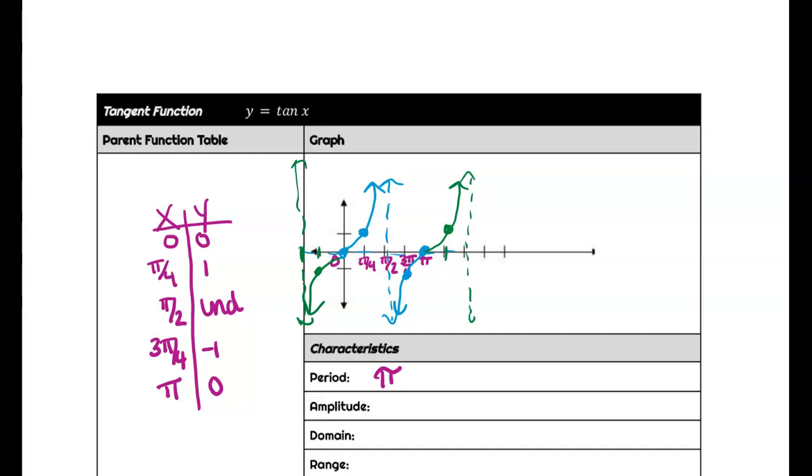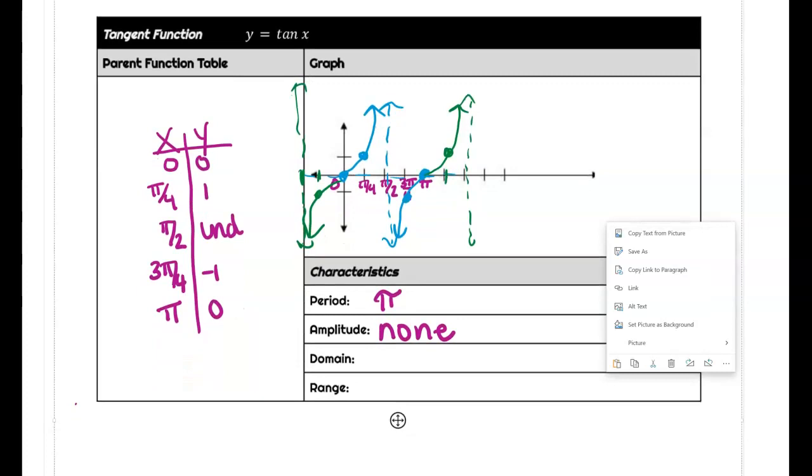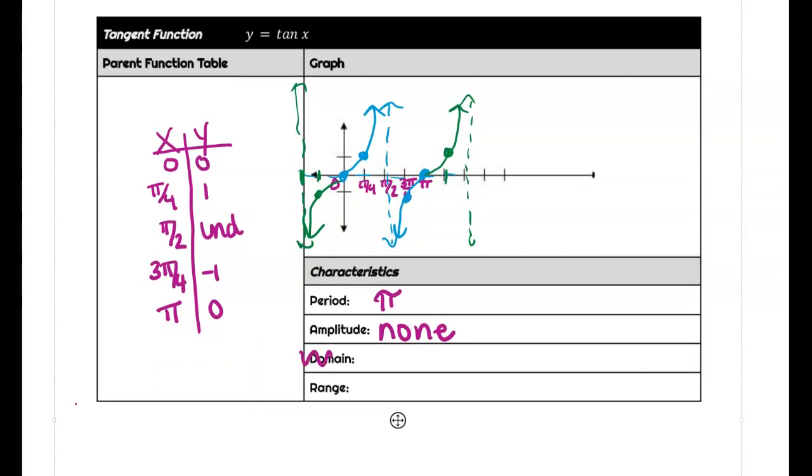For our amplitude of this function, it's none, always for tangents, because amplitude needs to be something where you can see the midline and you can see the tops and bottoms. And the tangent function doesn't operate like a wave, so it doesn't have that. You guys are not going to be responsible for the domain of the tangent function, and the range is all real numbers. So get down this parent function. If you have to, pause the notes,